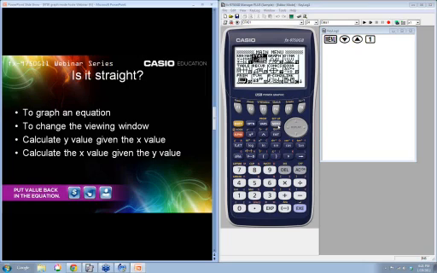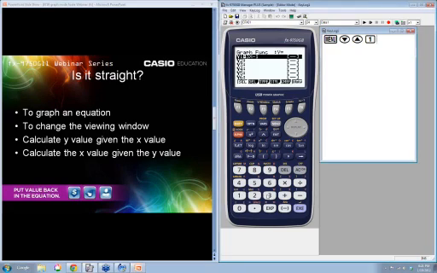So we're on our main menu. Again, if you're lost and need to get back, just hit menu right here. Exit only takes you back one step. Menu takes you back to this screen. And because we're going to graph, we're going to go to number 3, graph. To get there, I'm just going to push the number 3. I'm not going to highlight over to the number 3. I have an equation there, so I'm going to delete it. I want to clear it out. I press F2, which is right underneath my delete button. Yes, I want to delete my formula, and now it's nice and empty.